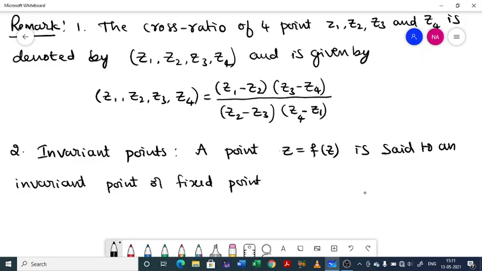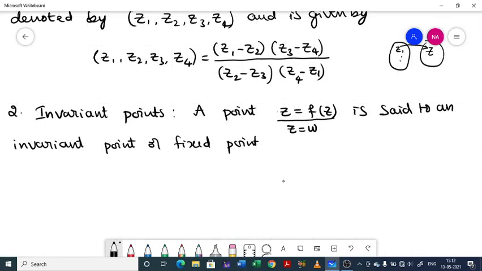See, if you have your z plane and your w plane, here we will be having complex numbers z1, z2, zn. Here also we will be having many complex numbers, and definitely z exists here also, because both are complex planes. If z is mapped to z itself, then such a point is called an invariant point or fixed point. Either you can use this condition or you can say that z equal to w. So any point corresponding to z equal to f of z is called an invariant point or fixed point. That is point number 2.